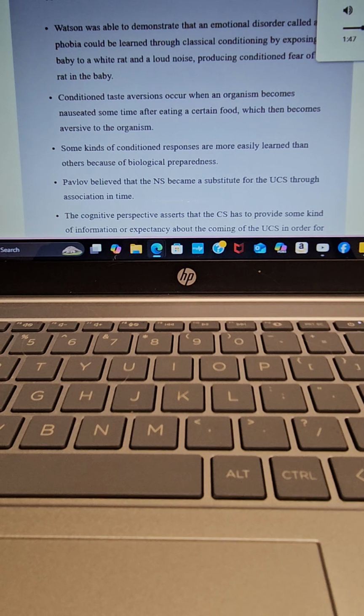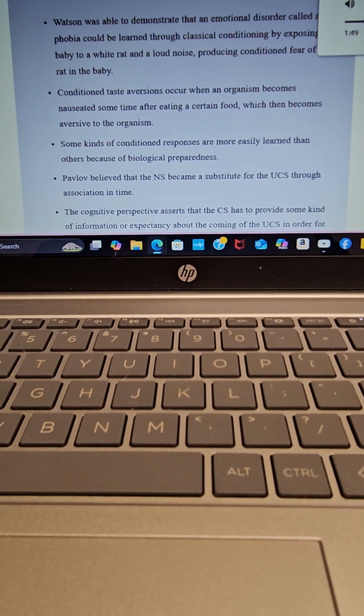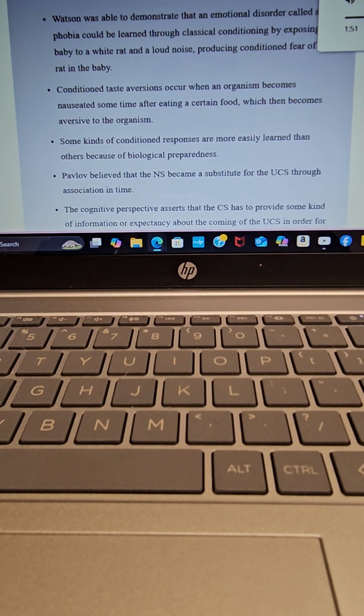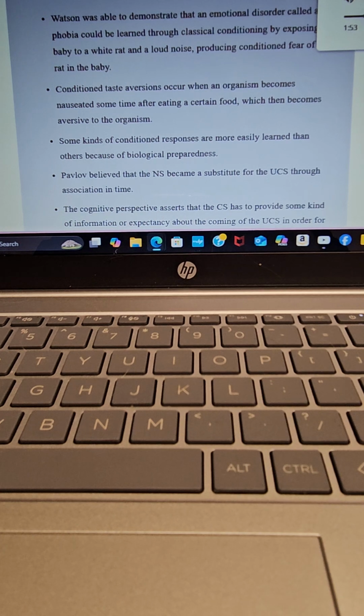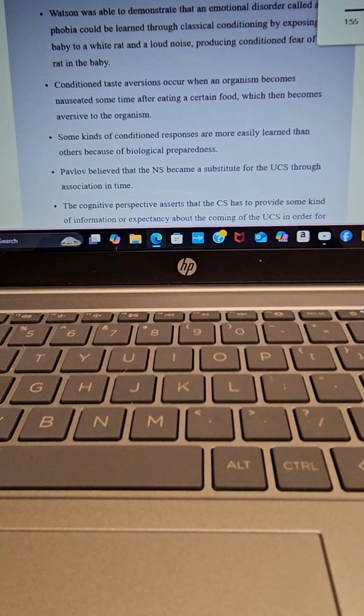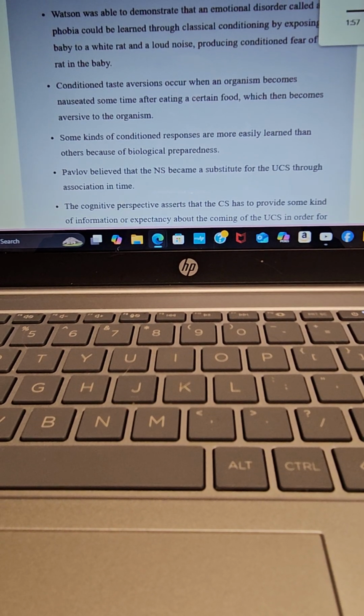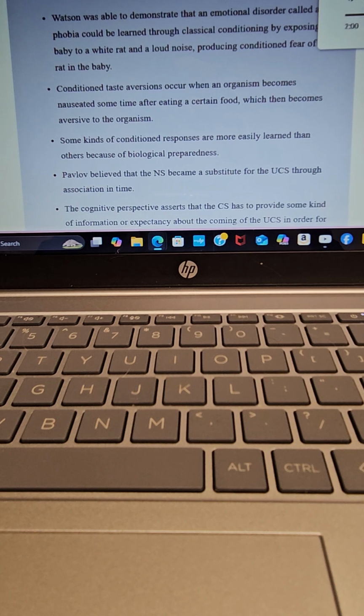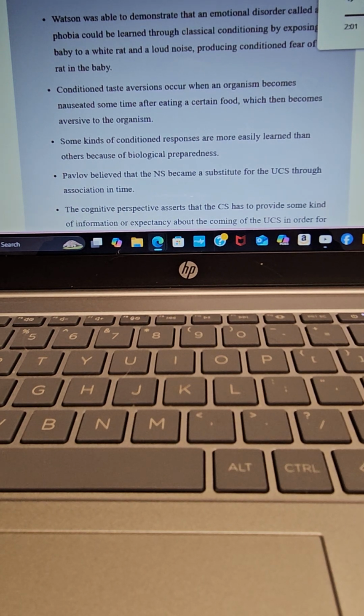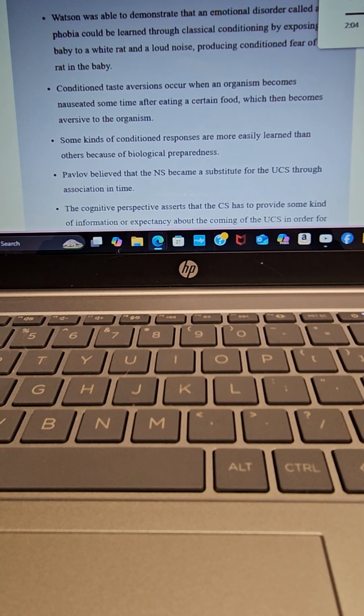Pavlov paired a sound with the presentation of food to dogs and discovered several principles for classical conditioning. The neutral stimulus, NS, and UCS must be paired several times, and the CS must precede the UCS by only